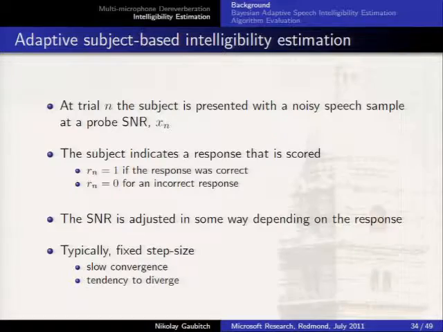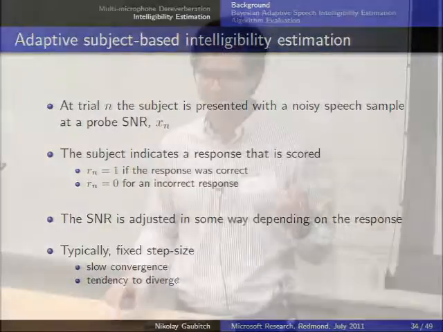And typically what people use is a fixed step size. So you basically say your step size is 1 dB, and if you're looking for an intelligibility performance of 50%, you play the sample, and if the subject is right, you decrease the SNR by 1 dB, and if the subject is wrong, you increase it by 1 dB. And at some point, you will converge, hopefully, to something which gives you the 50% intelligibility point in terms of